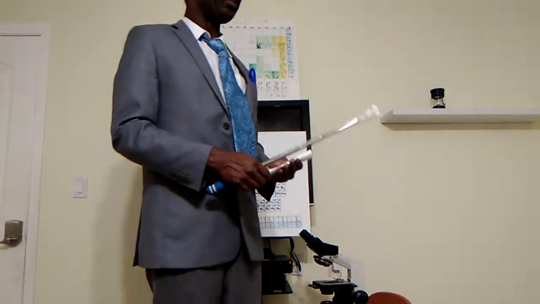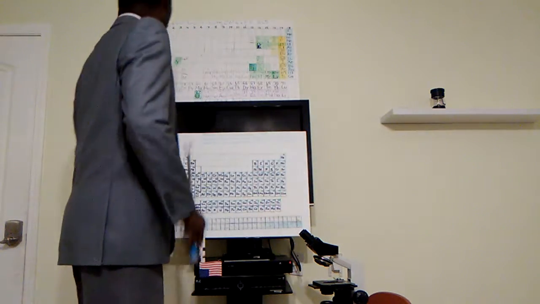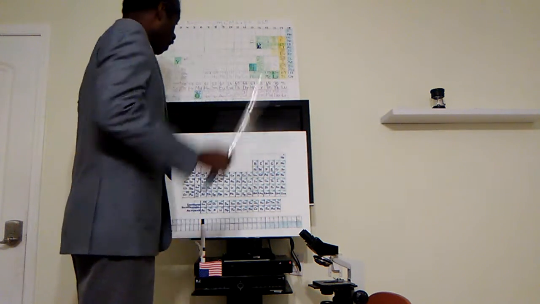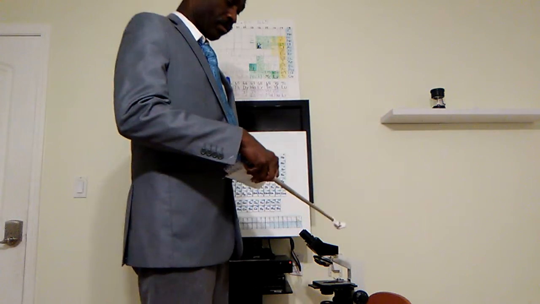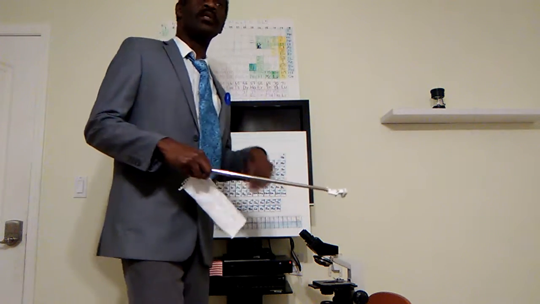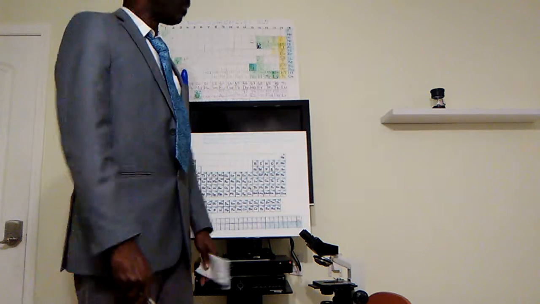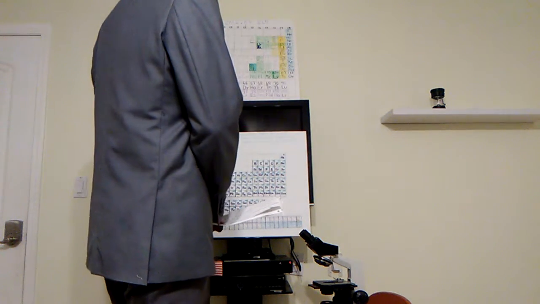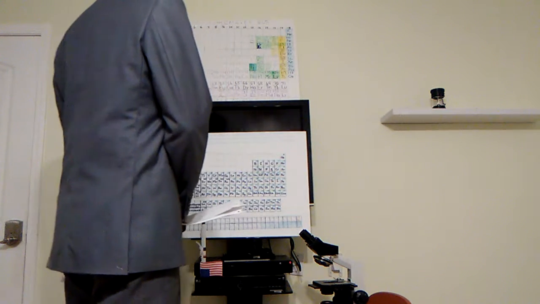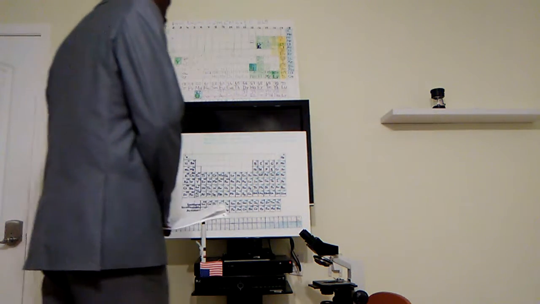And tonight we're continuing with our CME. This time we are focusing on the second most abundant element in the earth. On a previous occasion we had focused on the most abundant element in the earth, which was oxygen. And now we have silicon, which is the second most abundant element